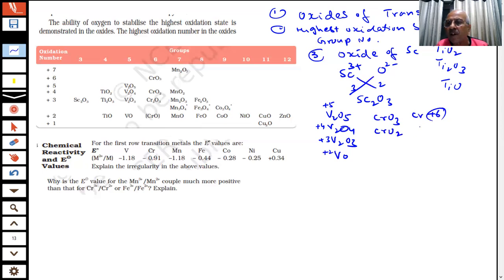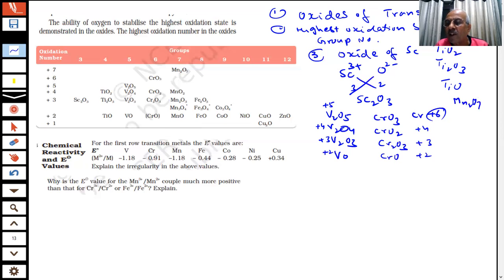CrO2 means chromium is in +4. And what do you have? Cr2O3. What is the oxidation state in Cr2O3? It will be +3. And CrO is +2. All are known. Important point to note is that you are having